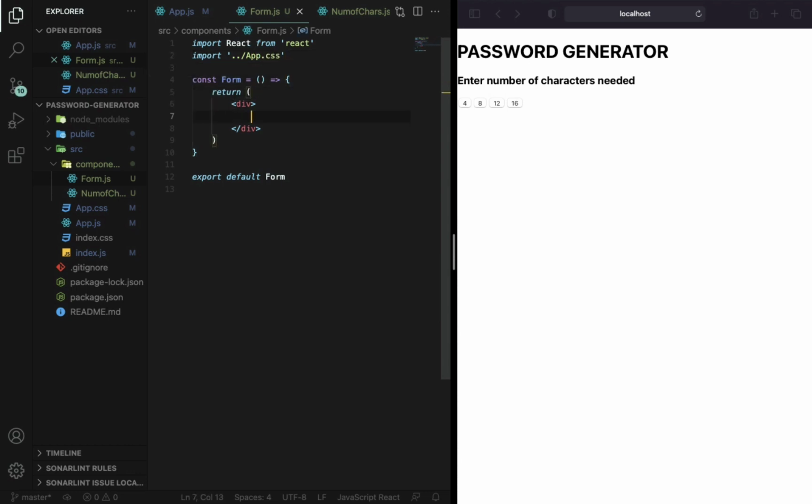So yeah, here I'm going to remove this div tag, and I don't need this action. I'm going to create a few div tags over here. Inside the div tag I'm going to have a label, and the htmlFor is lawyer, and the name of the label is nothing but include lowercase,